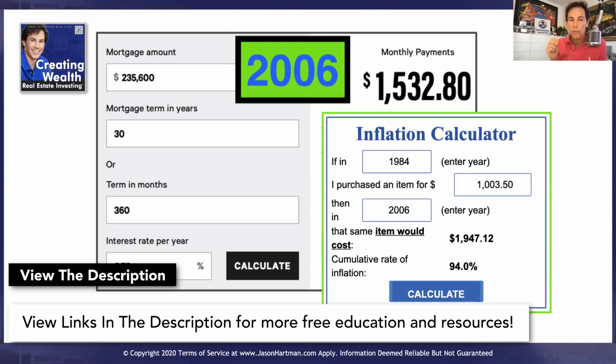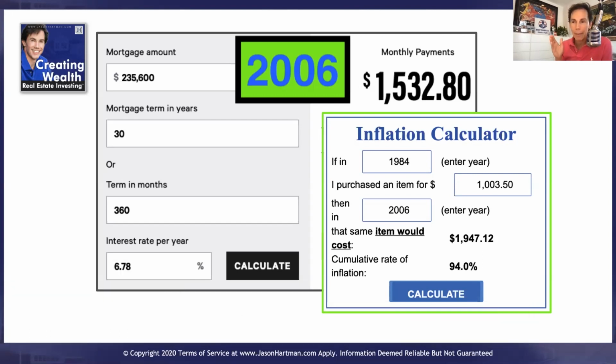How many of you were investing in real estate, or if you weren't, you were at least paying attention to the economy and the real estate market back in 2006, 15 years ago? How many? Anybody? Nobody? Well, some of you have your video off, so I can't tell. But anyway, if you bought the median price house in 2006 and you measured it on a monthly payment basis,